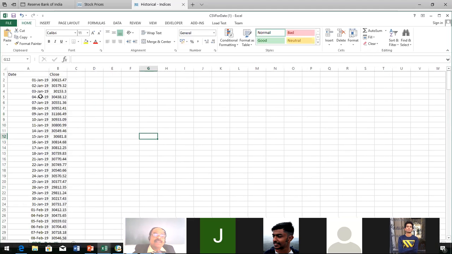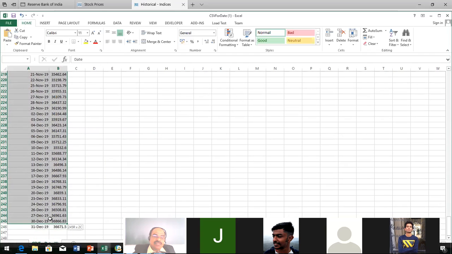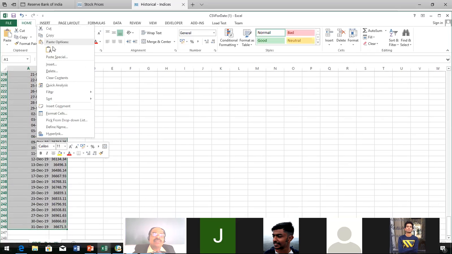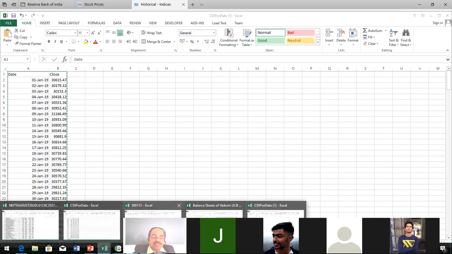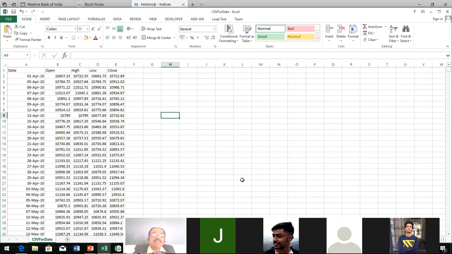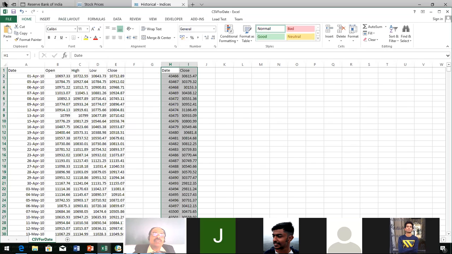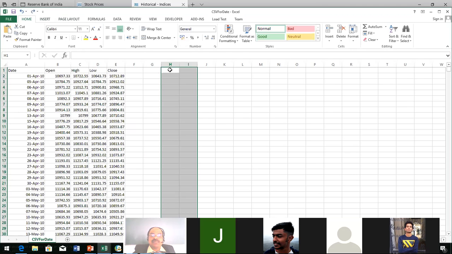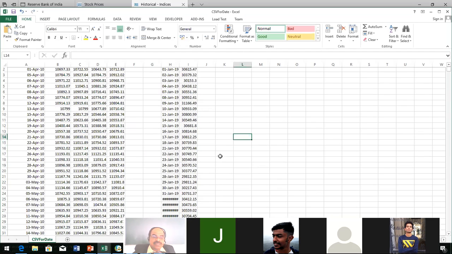Okay. See that one, simply I am copying this Bank X data and bringing it to this file, and pasting. Oh, this is a different file.